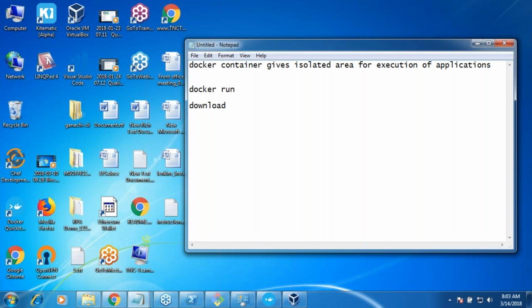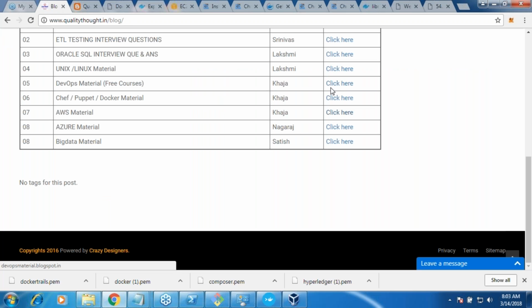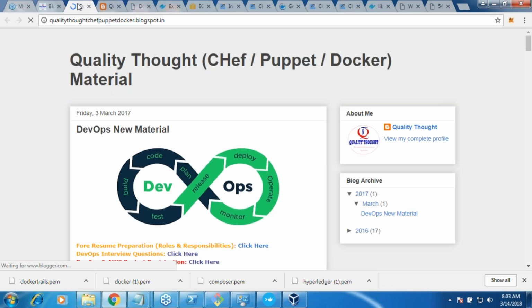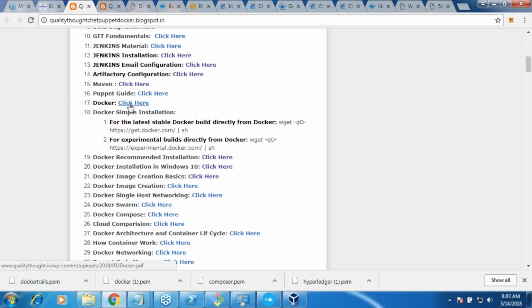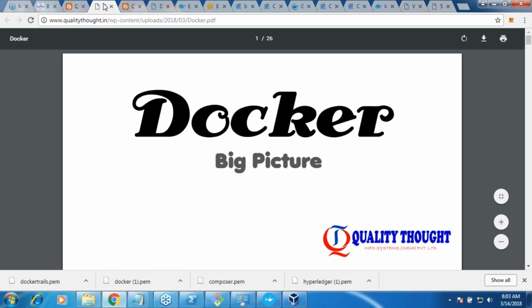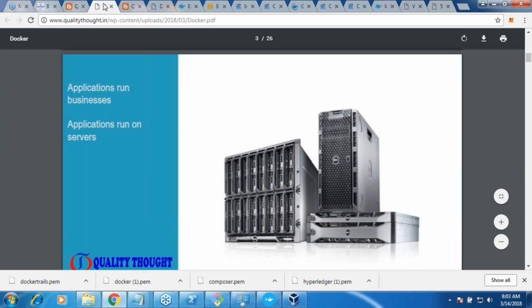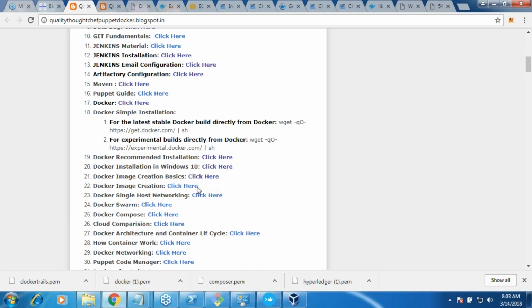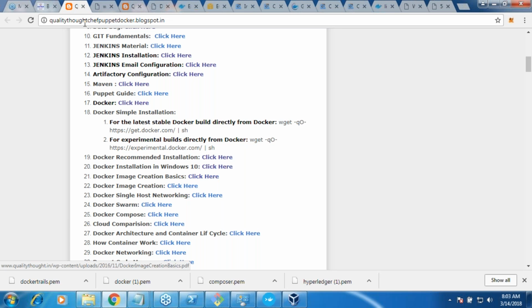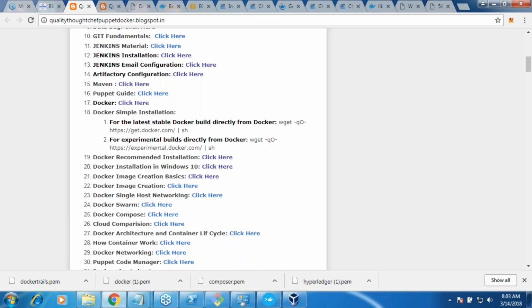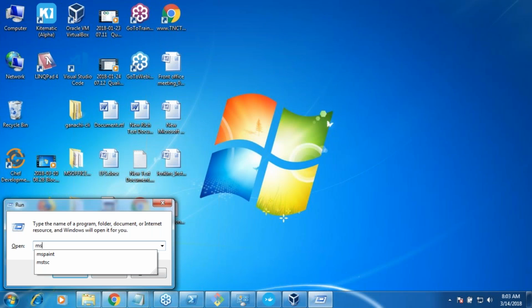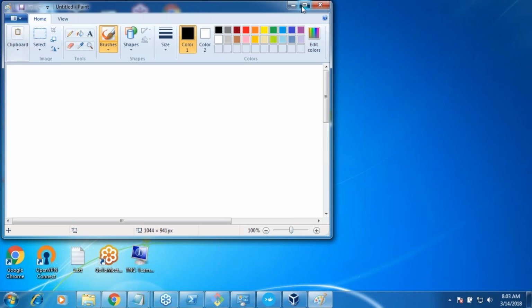So shall we understand these steps? Let me try to depict it in Paint.